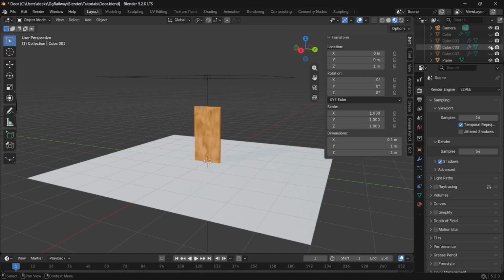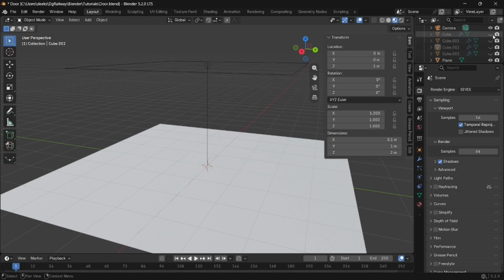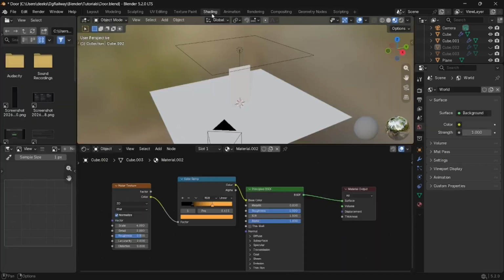So today we are going to texture this door. In the last video we watched how we can create this door, so we'll turn into this today. First of all, let me hide this one, and I have already modeled this in the last video, so I will use that one. And for texture, go into the shading tab.